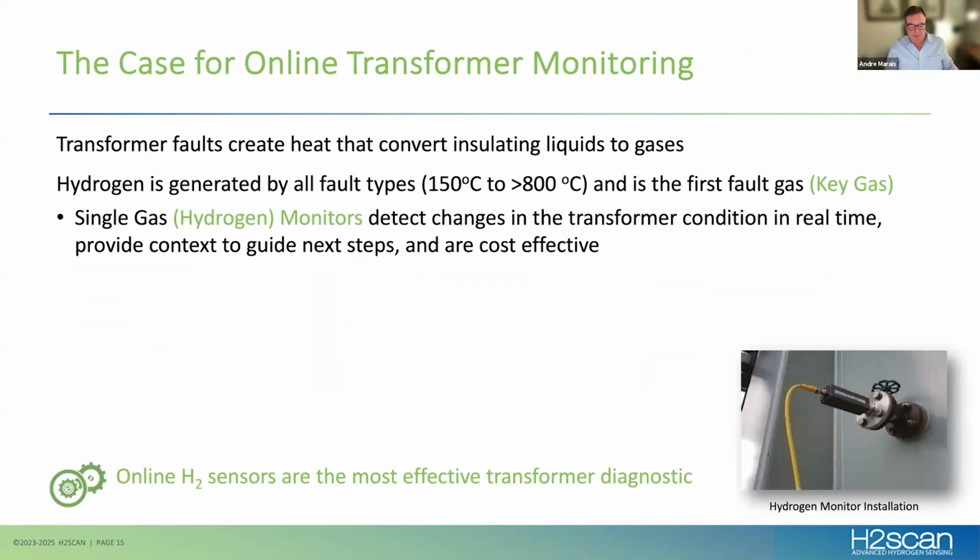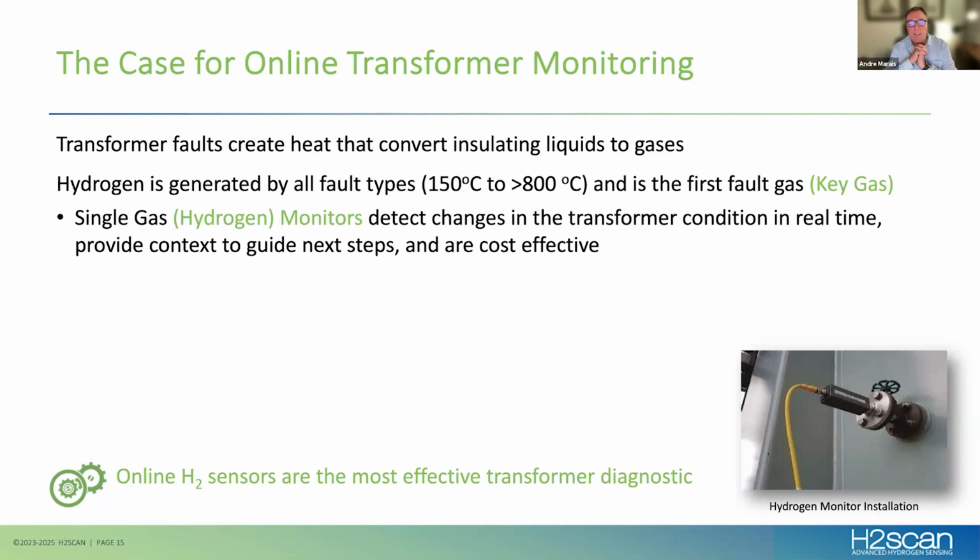So I'm going to recap very briefly some of the technical content of what we've gone through, just to wrap it all up for us on a technical consideration. We've established that transformer faults or abnormal conditions create heat. That heat will convert the insulating liquids to gases as that breaks down. The hydrogen is generated by all the fault types, from 150 degrees C all the way actually beyond 800 degrees C. And hydrogen is the first fault gas or key gas that is generated in the transformer